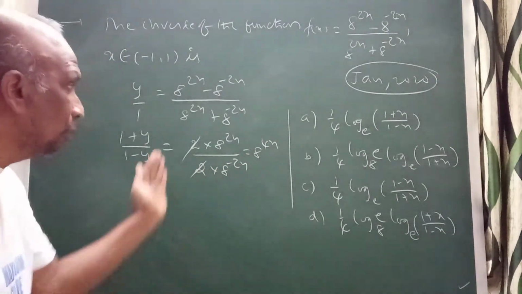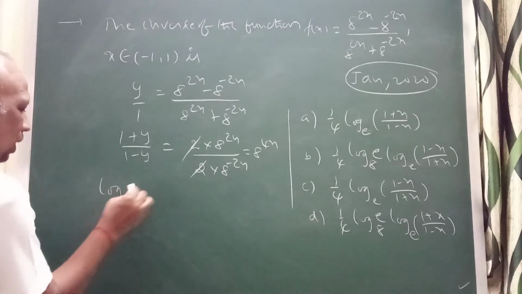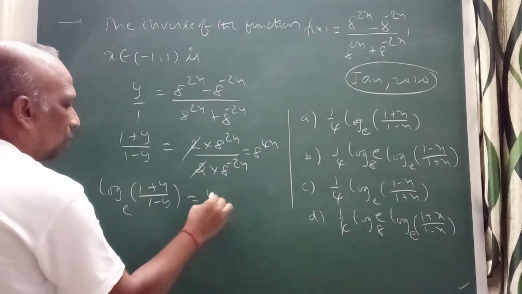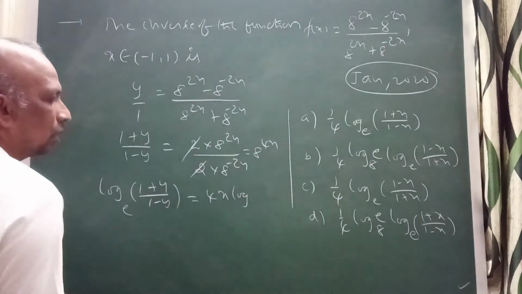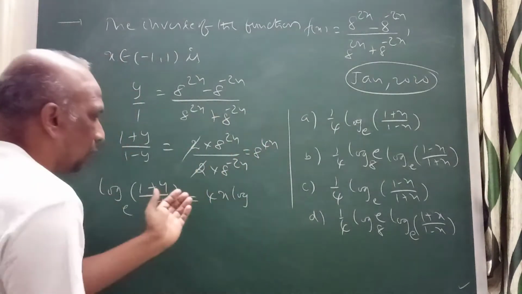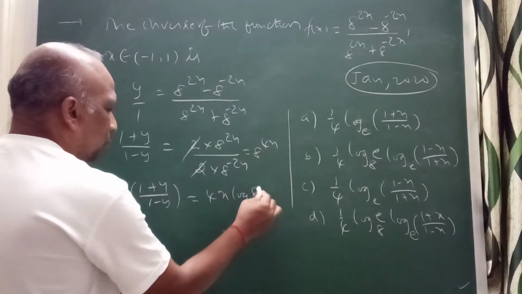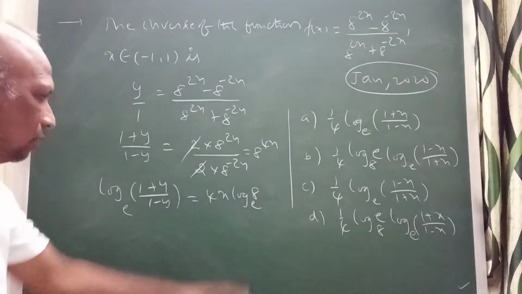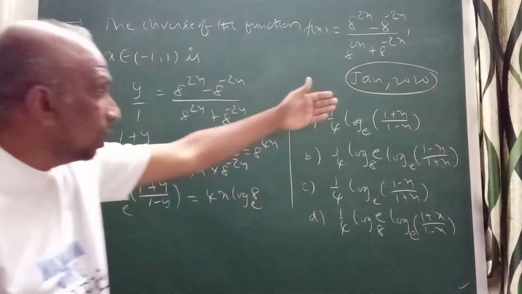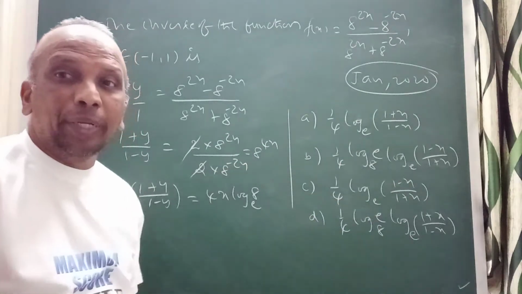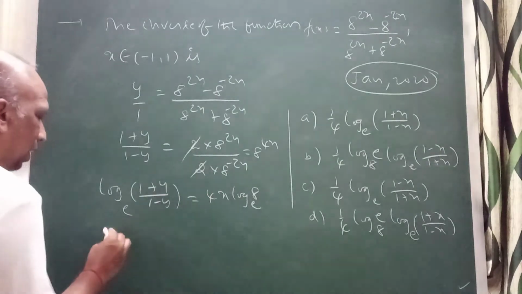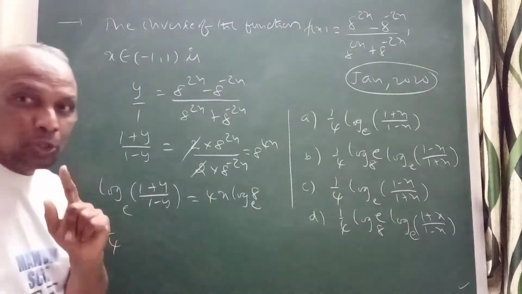Applying logarithm on both sides with respect to base e, log of 1 plus y by 1 minus y base e is equal to, if I apply logarithm, you will get 4x, because log of 8 power 4x, that 4x I can hold here, so you get 4x log 8 base e. Because we are seeing here that e combinations are there in all the options, I have taken log 8 base e. I want the x value. If you take this, it will be 1 by 4.